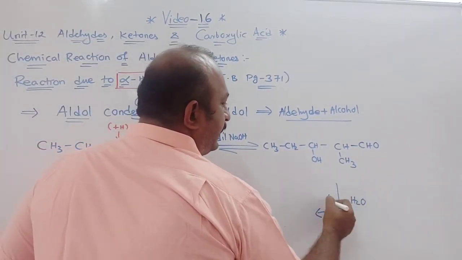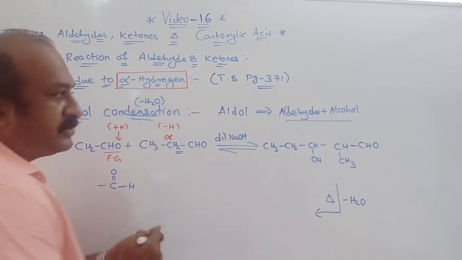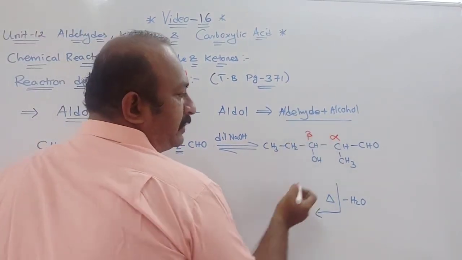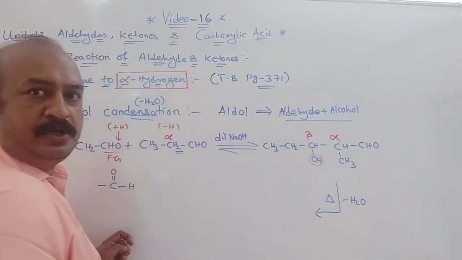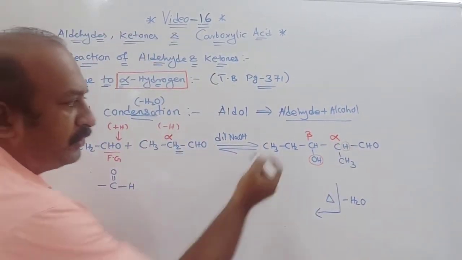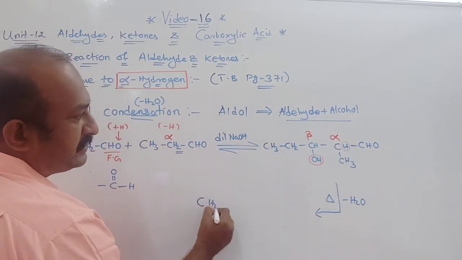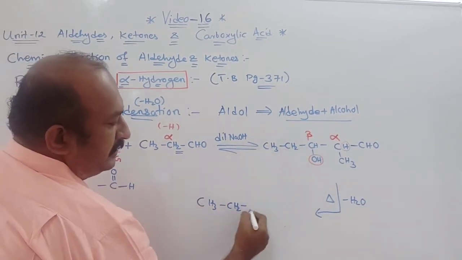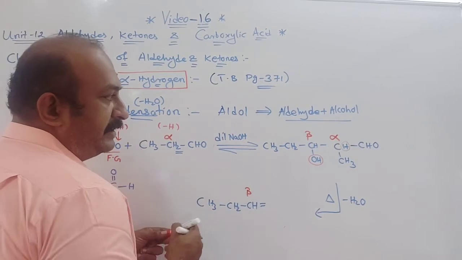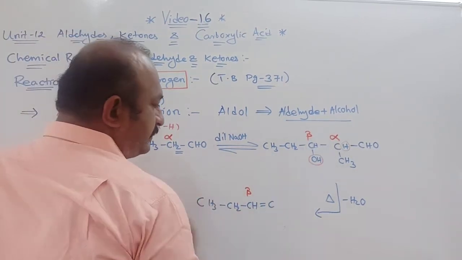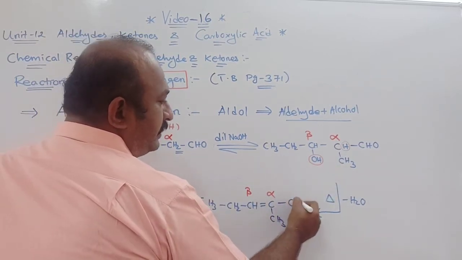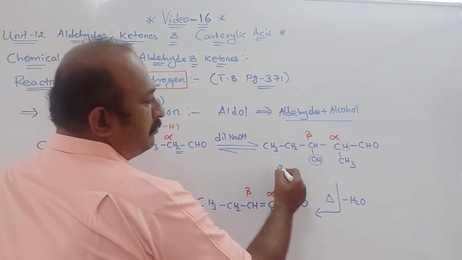Now in this case, what happens? I will remove water and heat the mixture. So you will see this one is your alpha carbon from where the hydrogen was removed. This one is your beta carbon. So from beta carbon what is removed? OH. From here, what is removed? H will be removed. Understood? So what will be the product left out? I will write from here CH3CH2 and from here CH, then double bond. So at beta, this is your beta carbon. Then what is remaining? Then C here. This is your alpha carbon. On the alpha carbon you will see there is a CH3 group and here CHO.